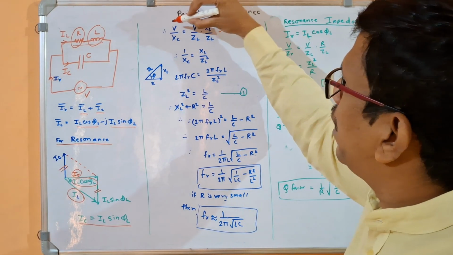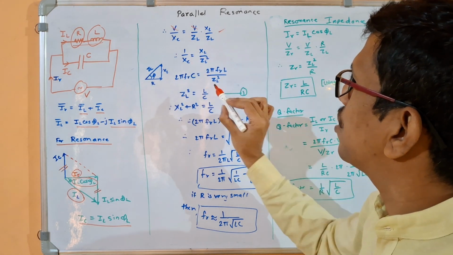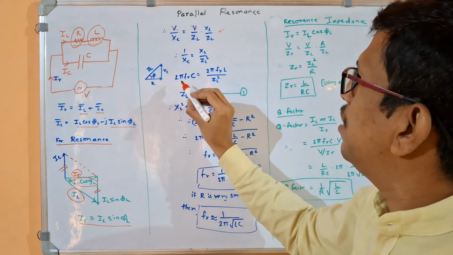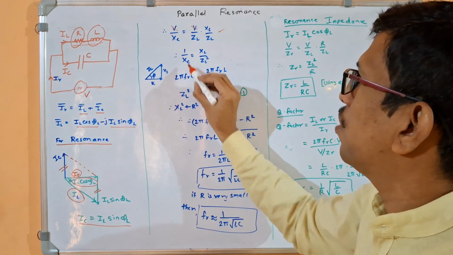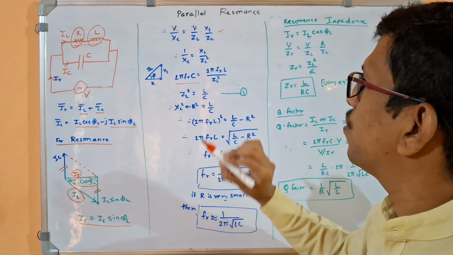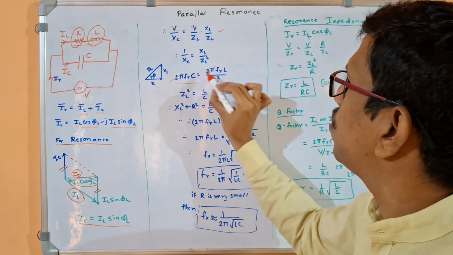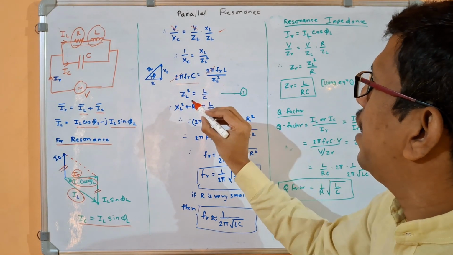So this is the condition. Now V will get cancelled with each other. I will get 1 upon XC is equal to XL by ZL square. So what is XC? 1 upon 2 pi FR C. So I have written this here. XL is 2 pi FR L and ZL square. So I can rearrange the term because see here 2 pi and 2 pi will get cancelled. I will get